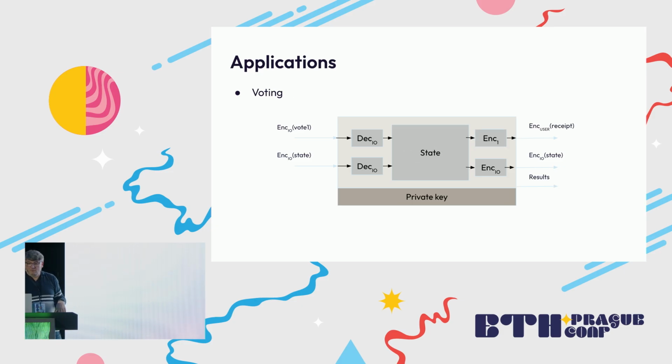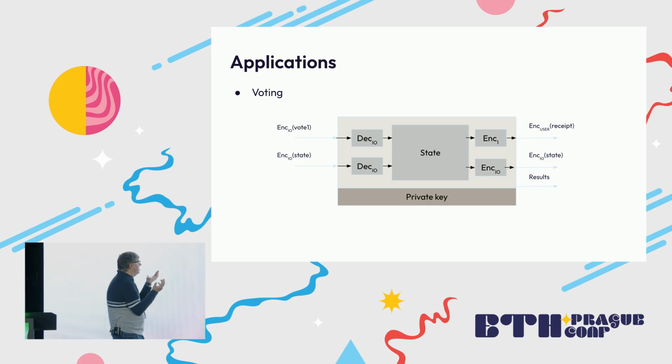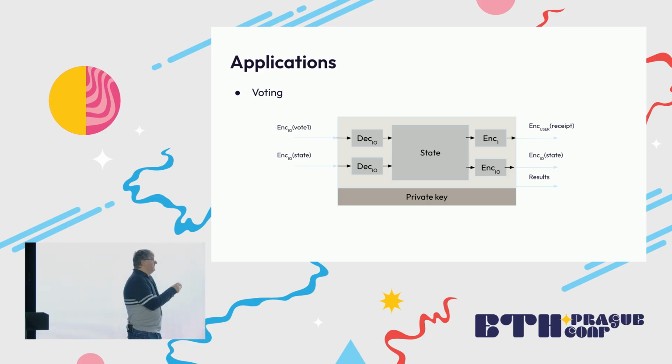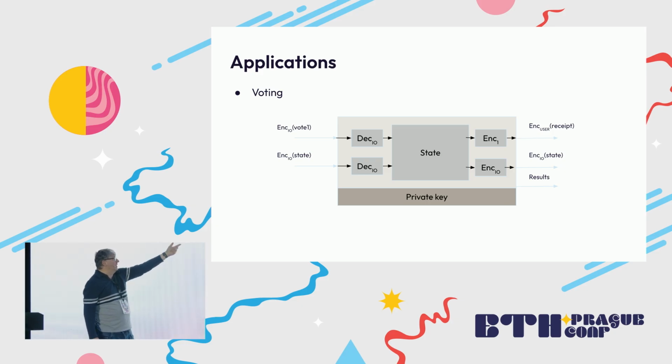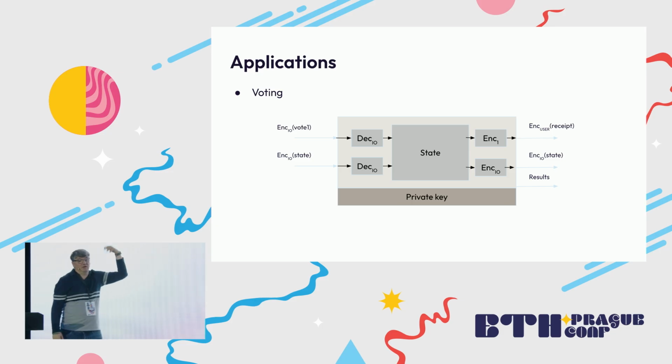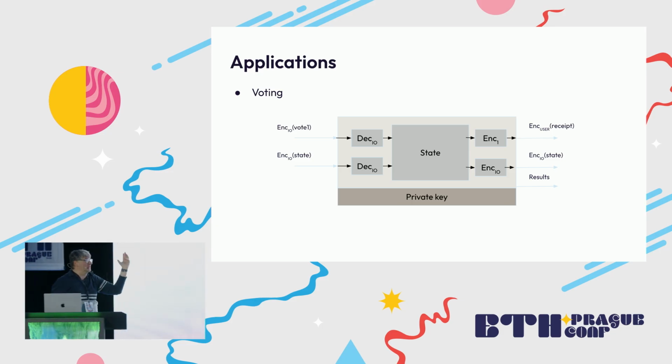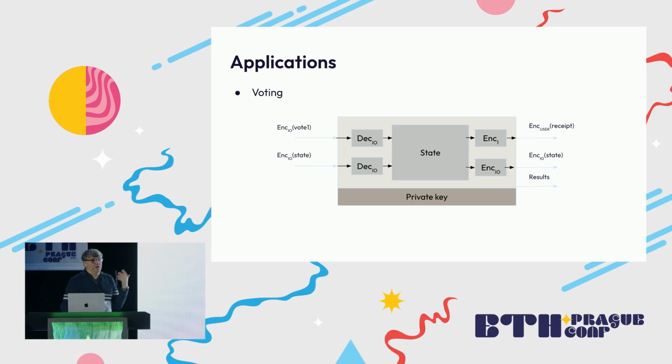Voting is very much the same, because you have a private state, which is the results of the voting, and you want to keep them private. So you get your vote, which is your transaction, and this box would decrypt the vote, do the summation, addition, or the checks and verification, whatever is done in this box, and at the end encrypt the state for the next pass, or you get a receipt from the user that's also encrypting the state. And you can use that for doing normal voting.